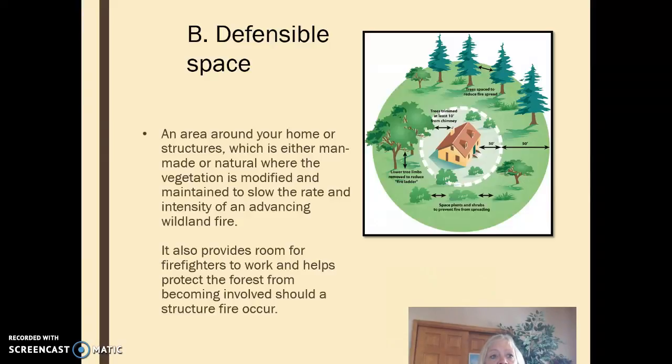So this defensible space provides room for the firefighters to work and helps protect the forest from becoming involved should a structural fire occur. So if you can see this diagram, it's pretty good. Spacing of plants, lowering low tree limbs removed, trees trimmed away from the house and the chimney, and trees spaced. This next slide is a very short